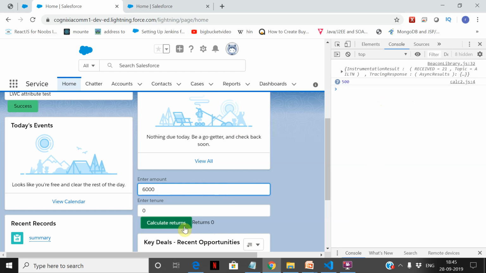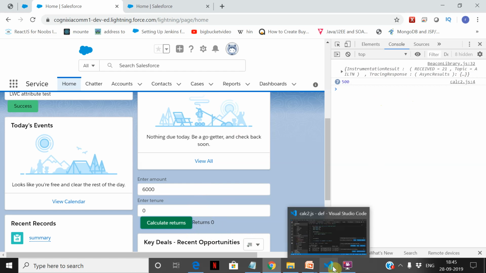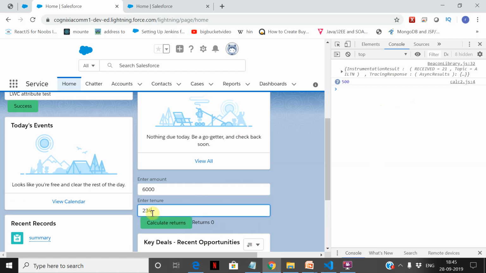So now this is a problem. If I calculate, it's of no use, I need to get the latest value. It doesn't calculate anything, everything is 0. Even if I enter something, nothing is happening. So this is what I'm talking about. This is one-way binding. Whatever value is over here is not getting carried into this.amount.